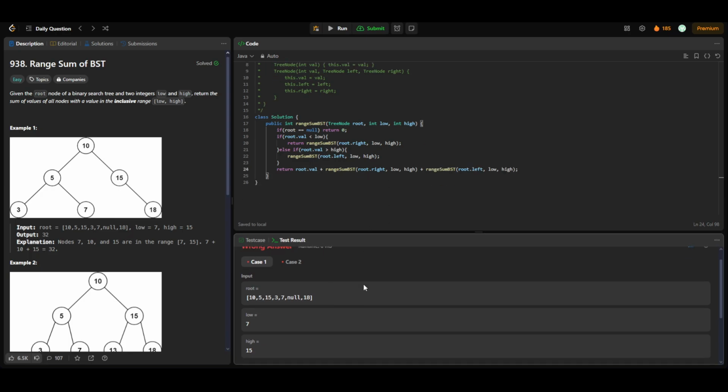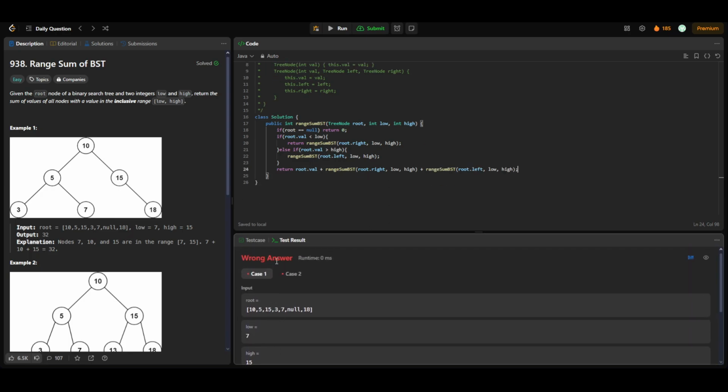Okay, so I guess I made a mistake. It says the output is 50. So if root.val is less than low, then I have to check in the right subtree, and if it's greater than high, then I have to check in the left subtree. Root.right and low comma high plus, okay, everything seems fine. If root.val is less than low, then we have to return rangeSumBST root.right low comma high, and if root.val,